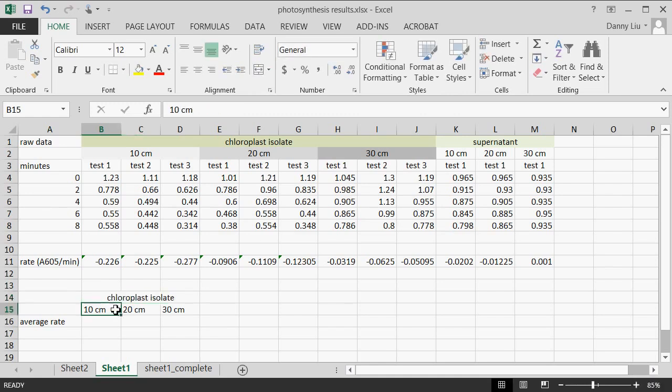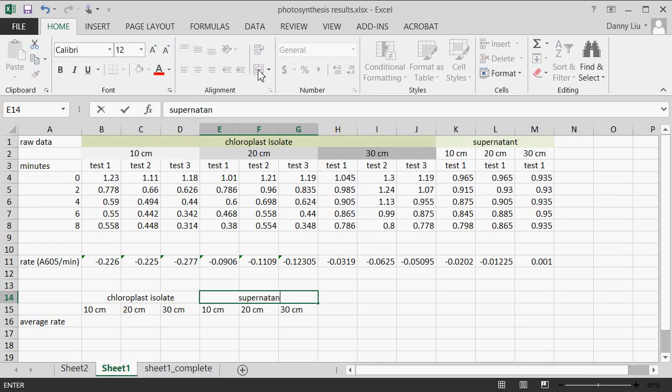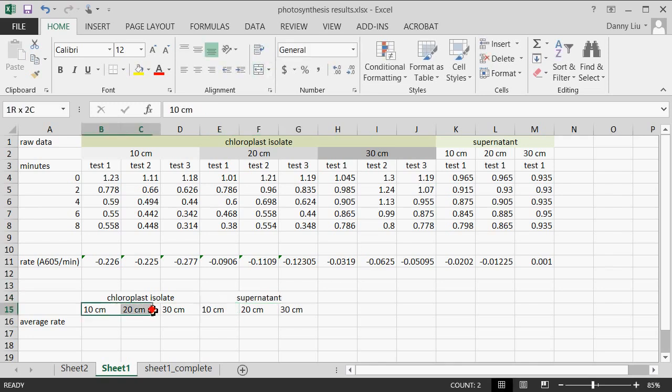We call those a chloroplast isolate. I'm going to do the same here. I might copy these three over and merge these three and call that the supernatant. Okay, I'm just going to try to center these to make it a bit prettier. There we go. Okay. So now what we want to do is find the average of these